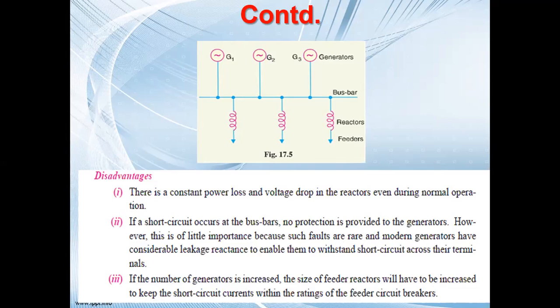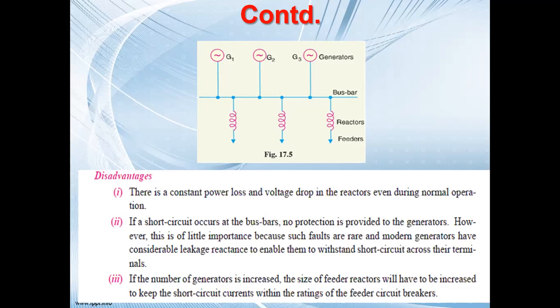If the generator has to start and shut down, it will take long hours. We'll study in detail when we study economic load dispatch and other chapters. The generator is the equipment which requires a startup time and a shutdown time. It is a long time, maybe 8 to 9 hours. So if we suddenly switch off any generator and switch it on, it is not possible. But that is the case for thermal generators. In case of hydro generators, the shutdown and starting time is comparatively less if we compare with thermal generators.